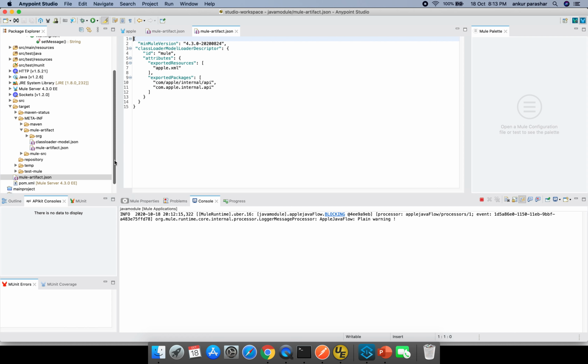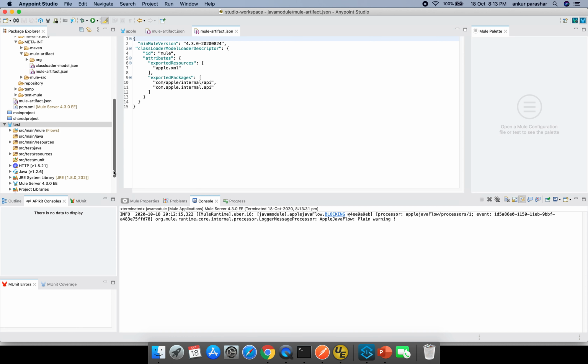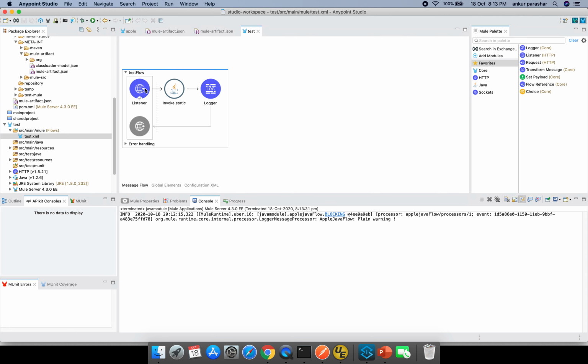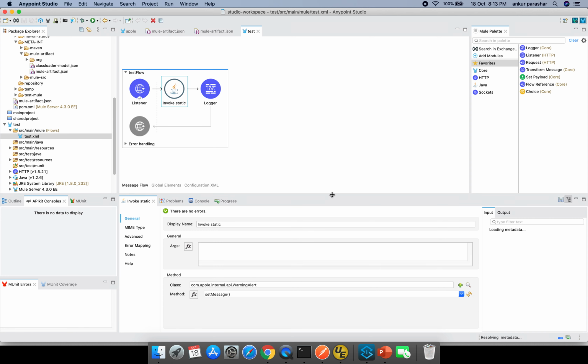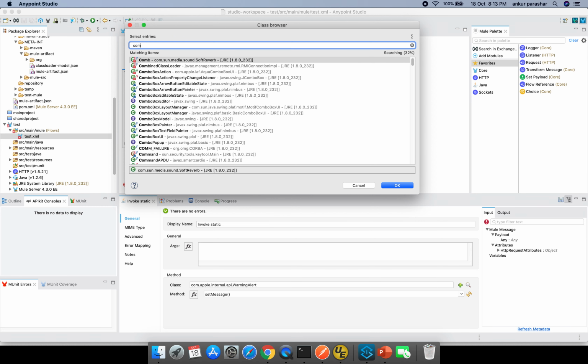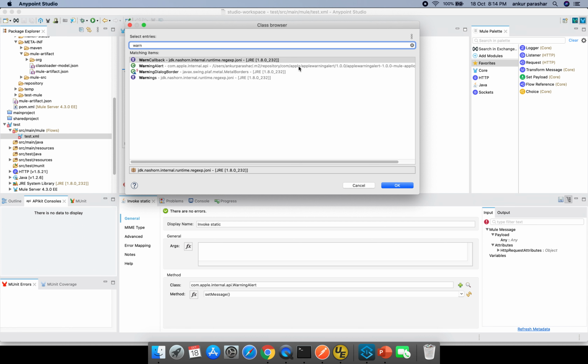And if I create a new project, let's say this is a test project, I will stop this console and let me show you. This is again a similar thing, but here src main java is blank. Now if I drag and drop this invoke, I am able to locate this com internal. One second, let me search. So here you can see it is coming up from M2.